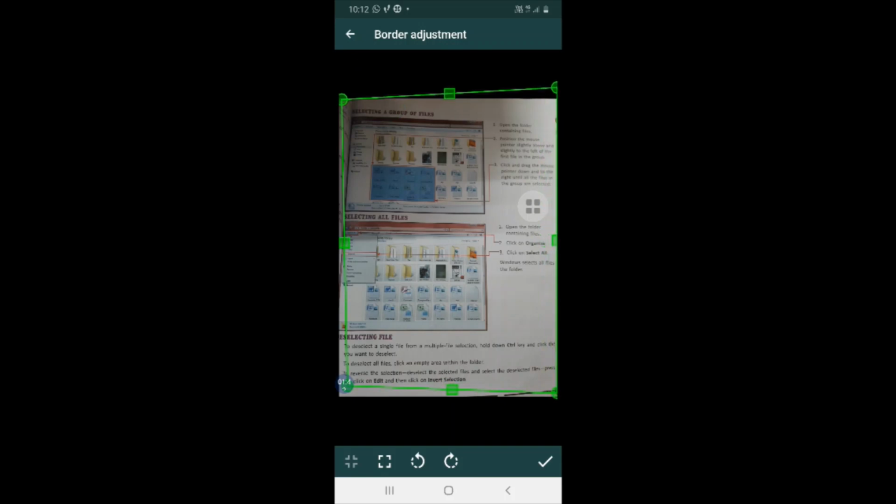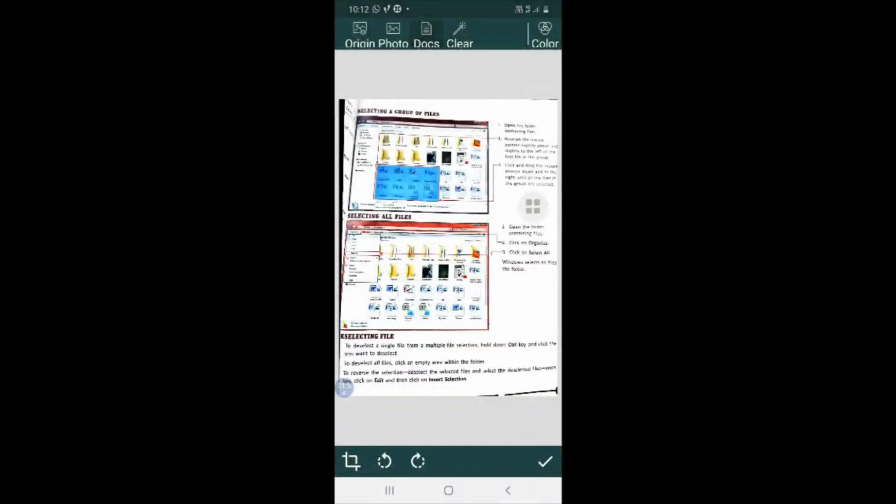Fine, like this. And finally, if you are satisfied, then you click on the tick sign. Again, there are three options on the top. I am satisfied with this output, so I am clicking on tick sign.